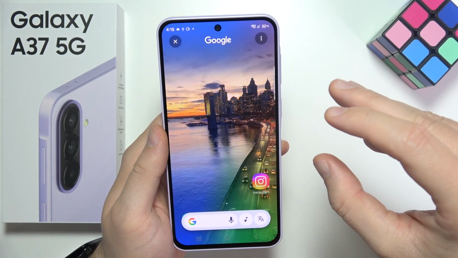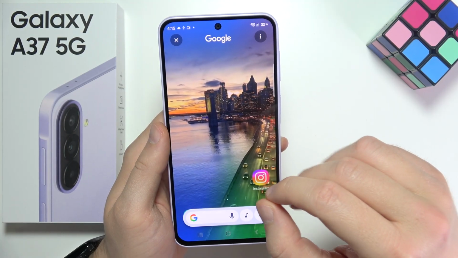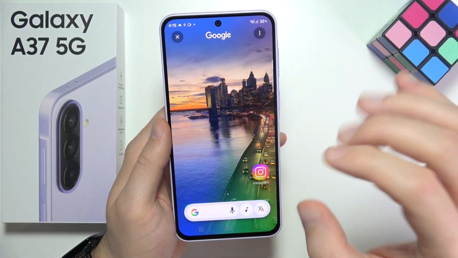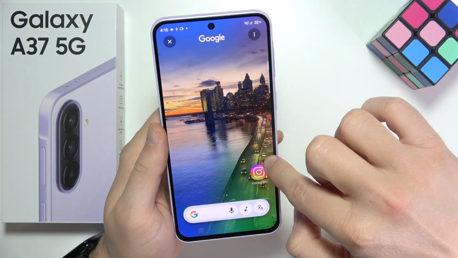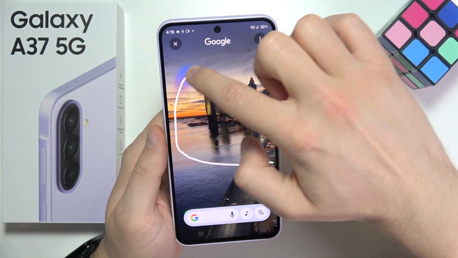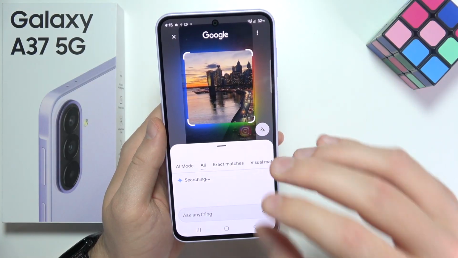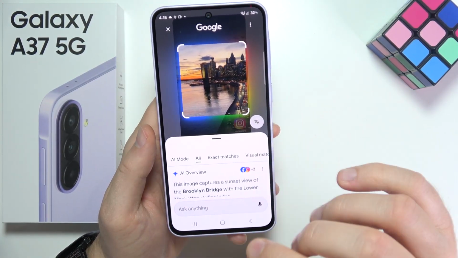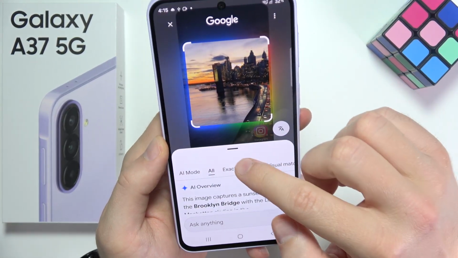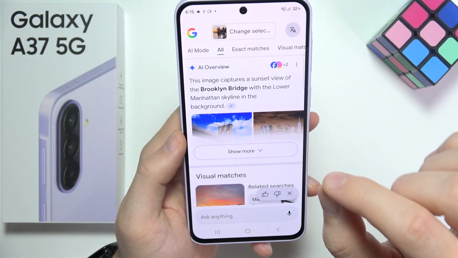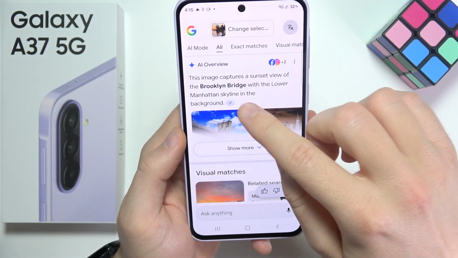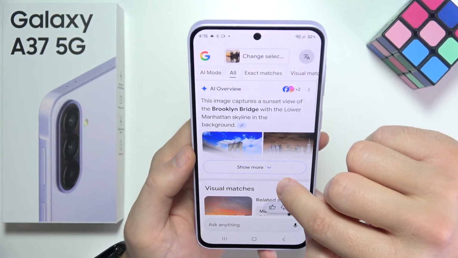And now if you are looking for something, for example, I want to get more information about this wallpaper, where it was captured. So I have to just draw like this to select the area that I'm interested in, release, and now Google will search automatically for this and we can find this information. So this is actually an image captured on the Brooklyn Bridge in New York City,